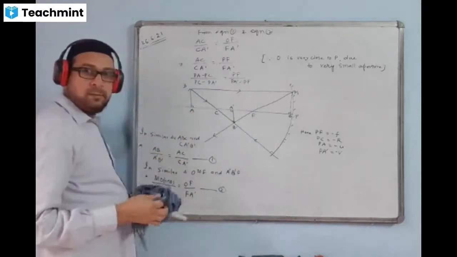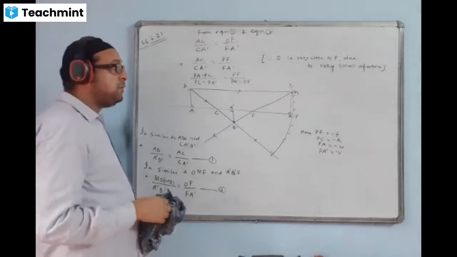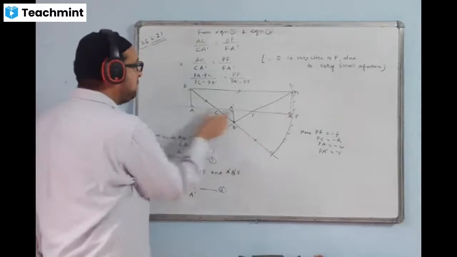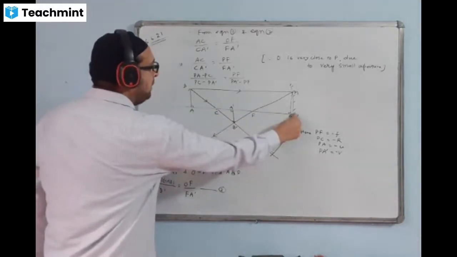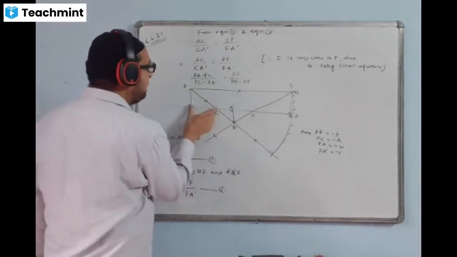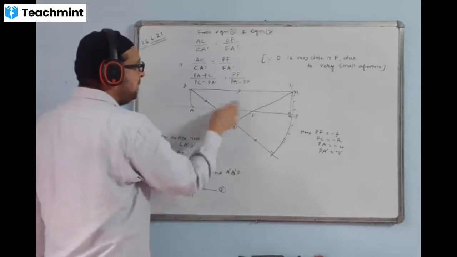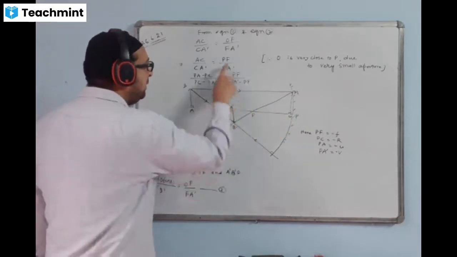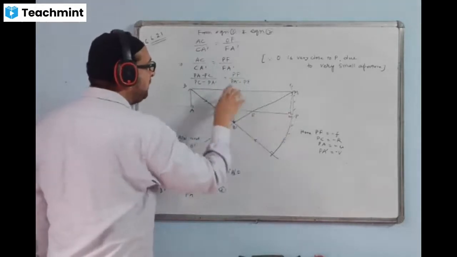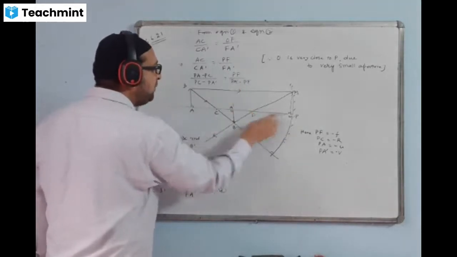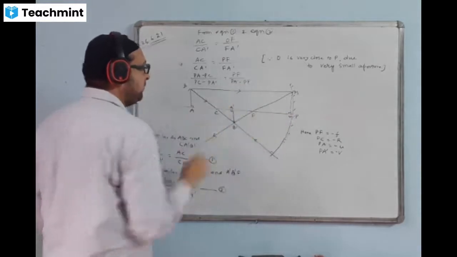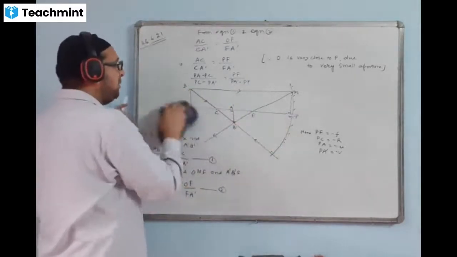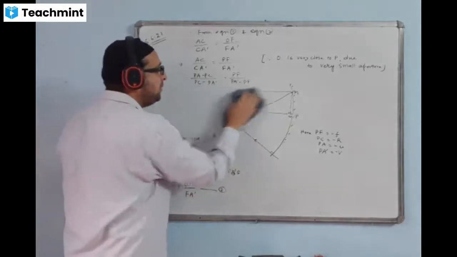All the distances are measured from P. So AC distance we are measuring from here: PA minus PC. That will give the value of AC. CA dash value will come PC minus PA dash. I have written that. PF I'll keep as it is, already from P. FA dash value will come PA dash minus PF. Now I'll put the values which I have there, and now I'll remove the diagram.